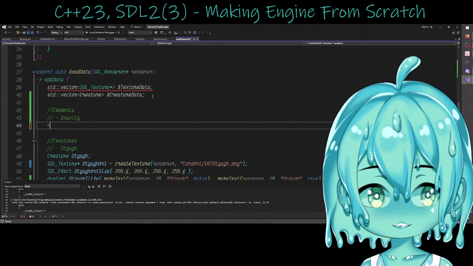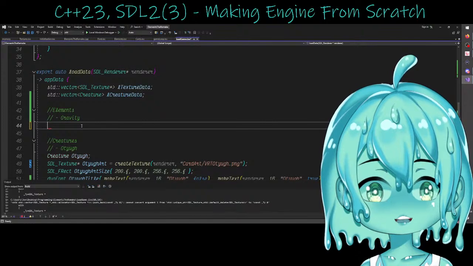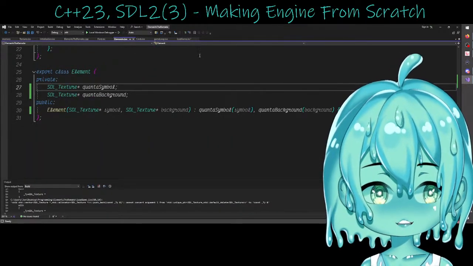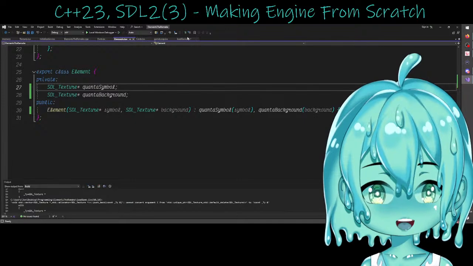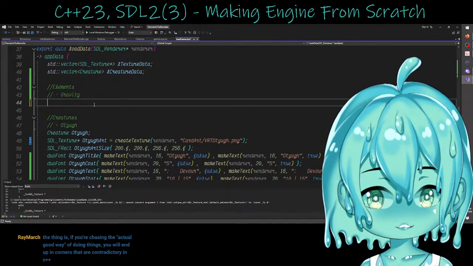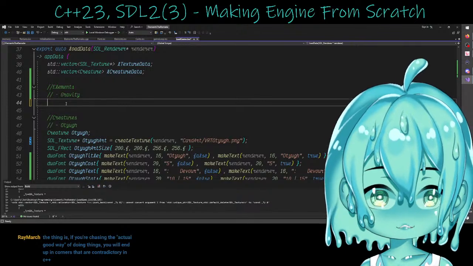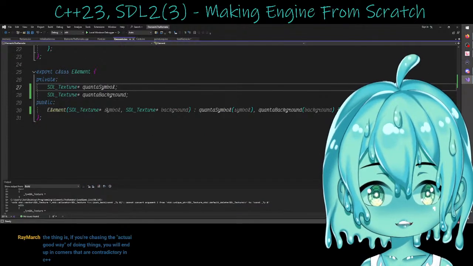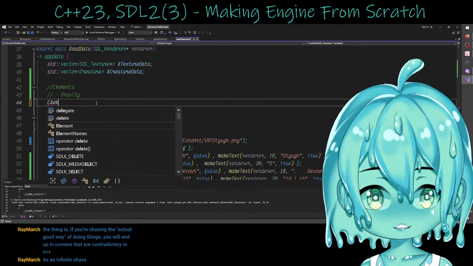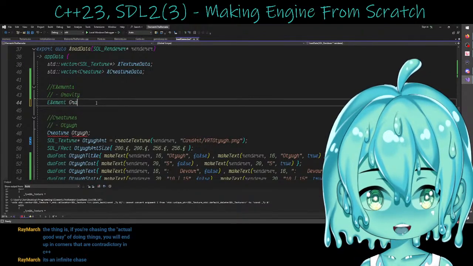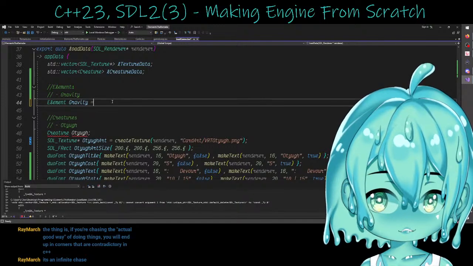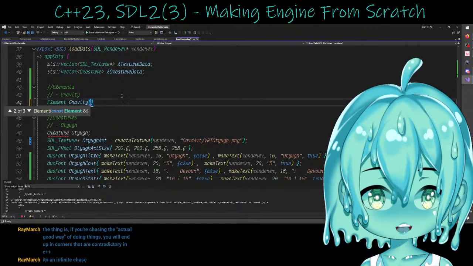Chat, did I just do all that? Yes, I did. Okay. So, gravity. To construct a gravity, we need a symbol and a background. For now, that's all I need. We'll just proof of concept this. So, elements, element gravity with the parameters of